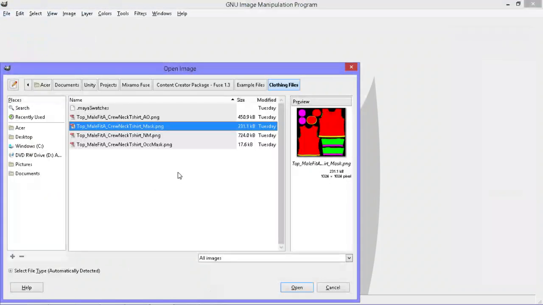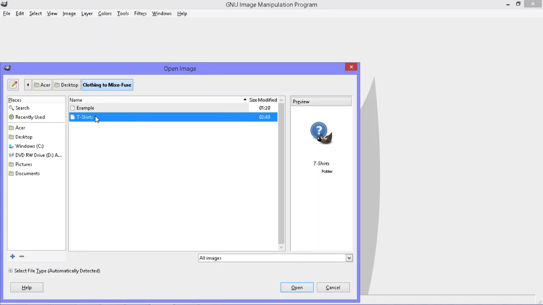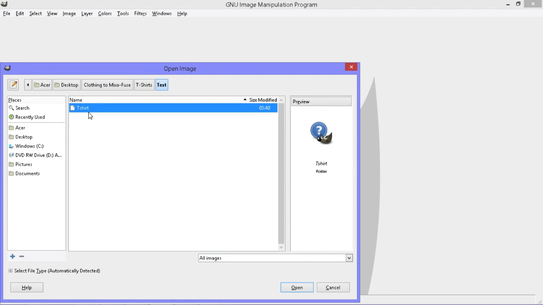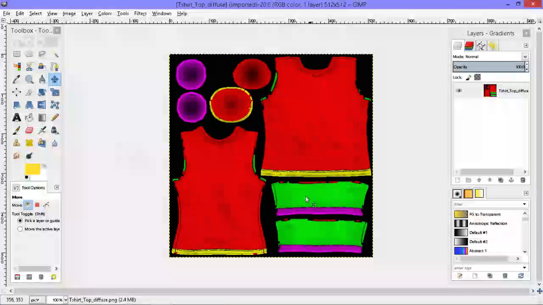File, Open, and go to Desktop, Clothing, T-shirts, Test t-shirts. All right, and there's the diffuse. This is the skin for the shirt. That's what your shirt is going to look like. Now, like I said, to import it you need those 4 to 5 files. So I took this,